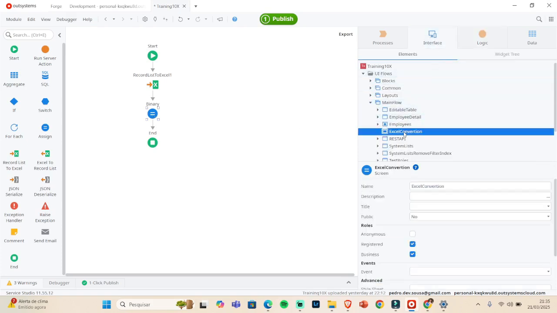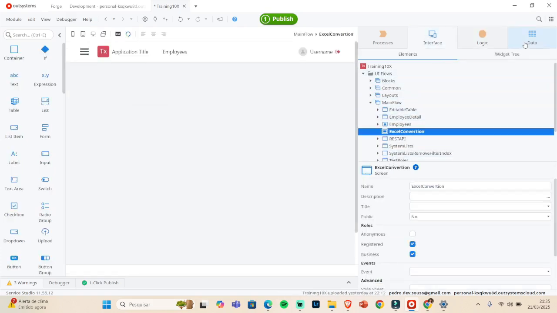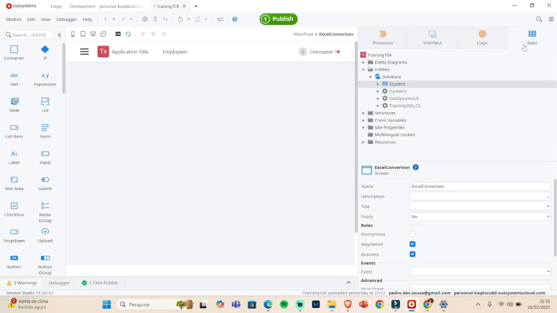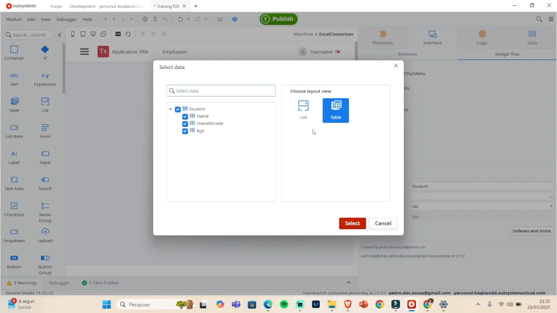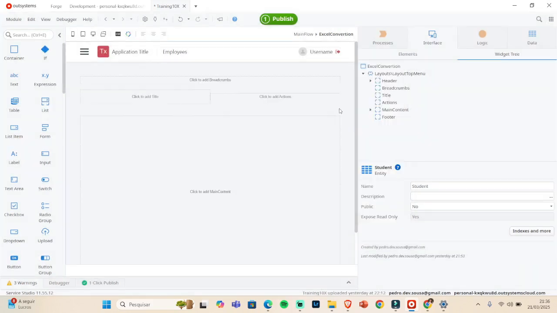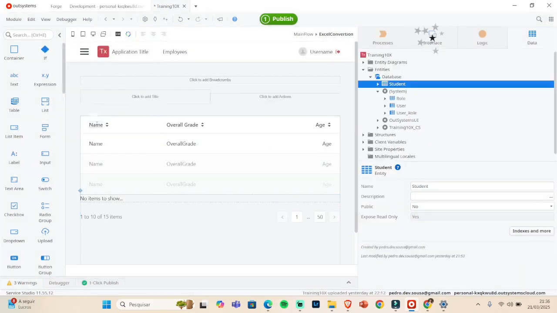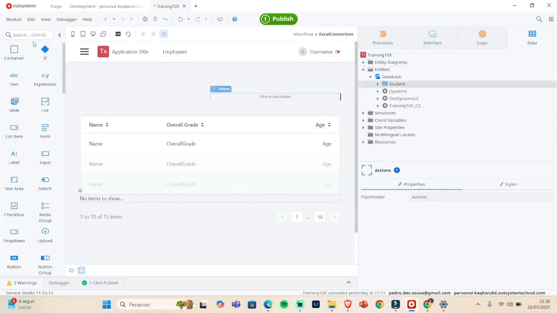So let's go back here in the Excel conversion. In this case, I want to show or display the table that we're going to have when we try to import an Excel. In order to display this, we need to have a table like student. That's the table that I'm working on. So let's select table. That's what we have: name, overall grade, and age. In OutSystems this is very fast. And right now we need to create just the import and export